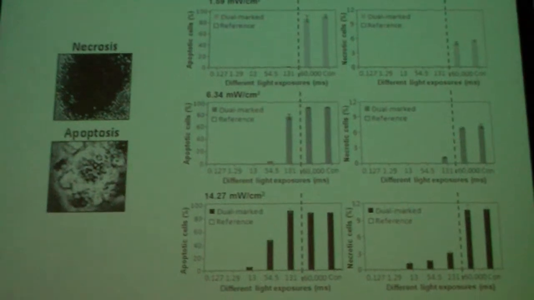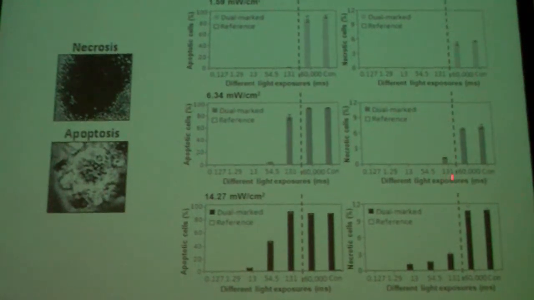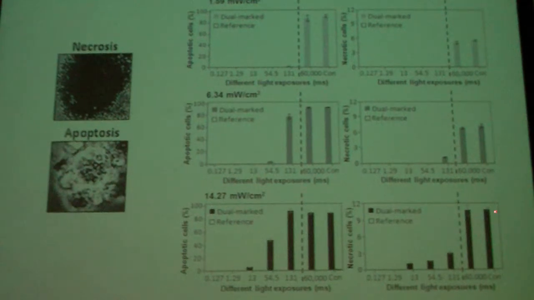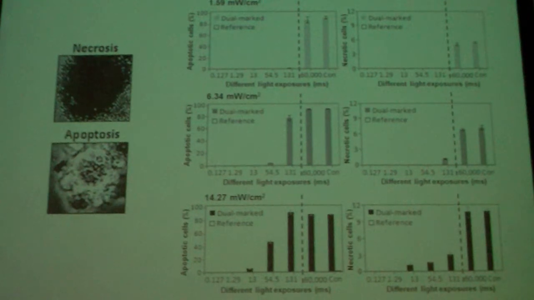And now the percentages of apoptosis and necrosis among the cells under the different excitation protocols. By a comparison between the excitation protocols, you can find out that the highest percentages of necrotic cells were recorded under the continuous and very long exposure times. But when we have the lower exposures at each light intensity, we have lower amounts of apoptosis and